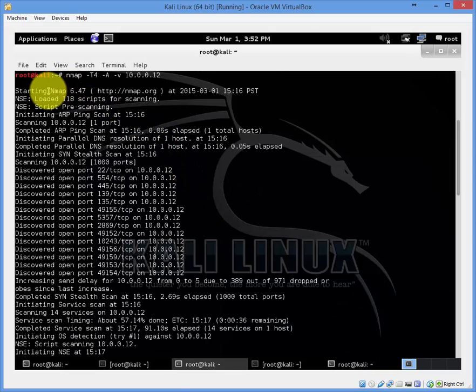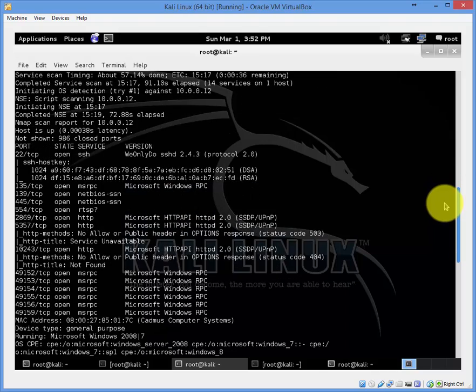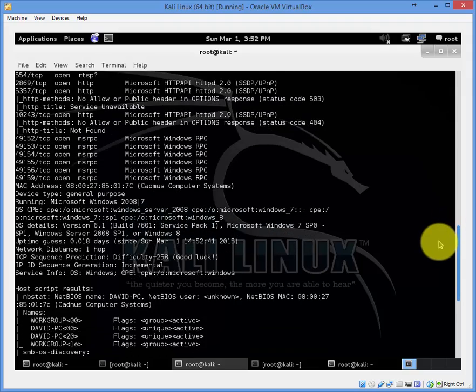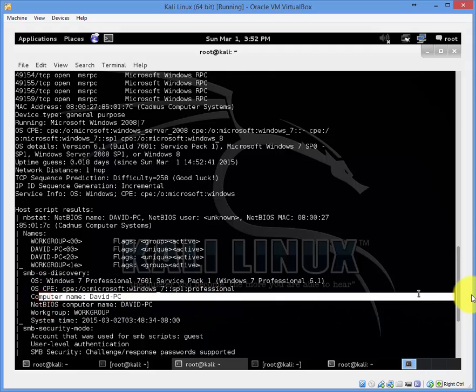And here are the results. It even shows information about the workgroup, operating system, computer's name,